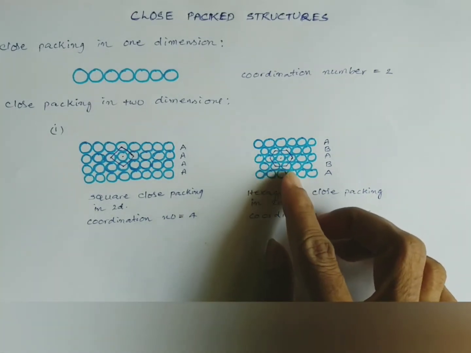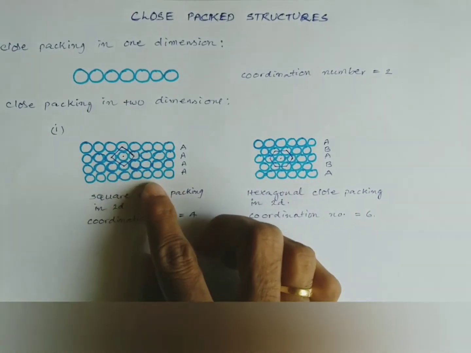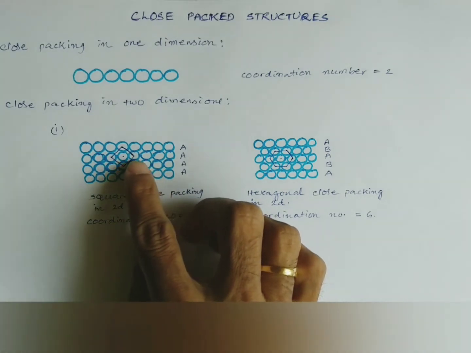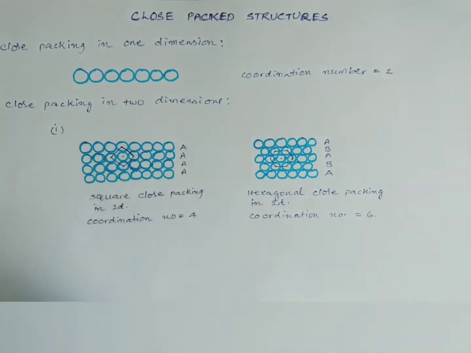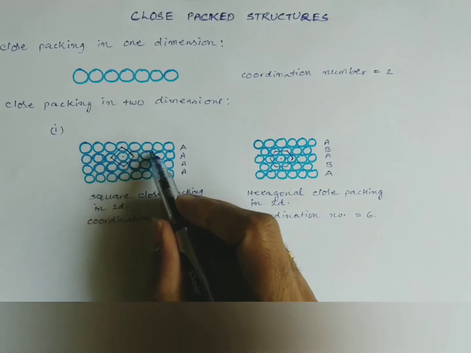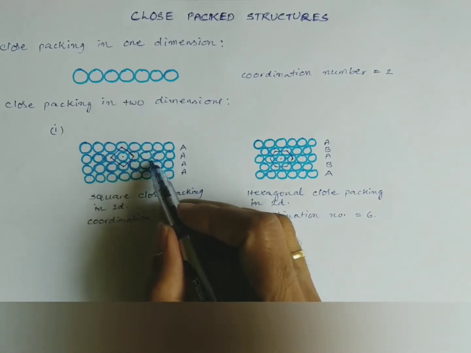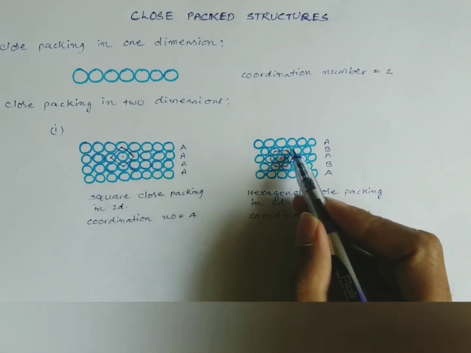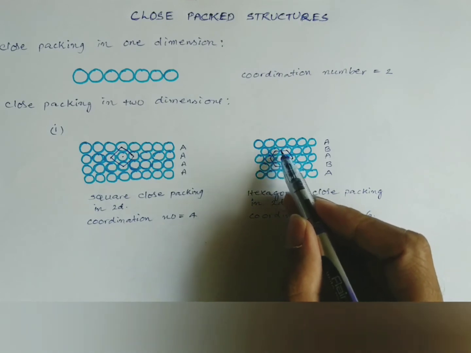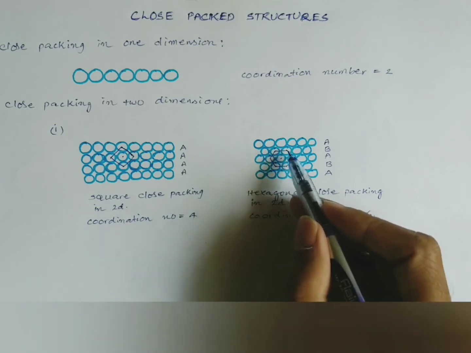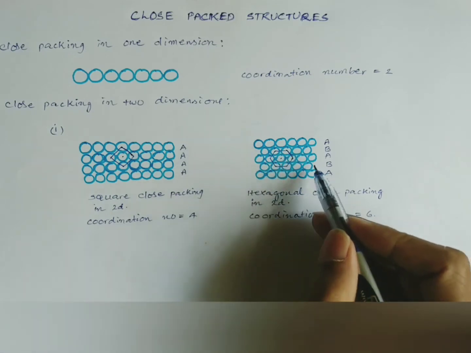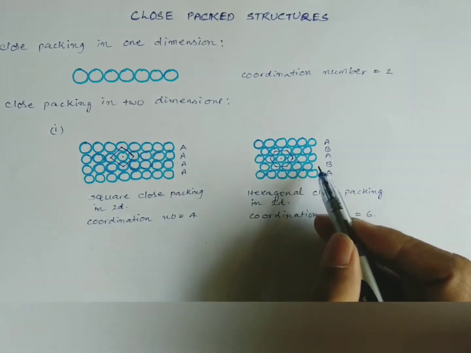Here this way of packing is more efficient when compared to this, because here there are more empty spaces you can see. So the empty space is more here between the atoms, whereas here the atoms are laid in the depression, so the empty space is minimized. So that is why it is considered to be more effective packing when compared to this one.